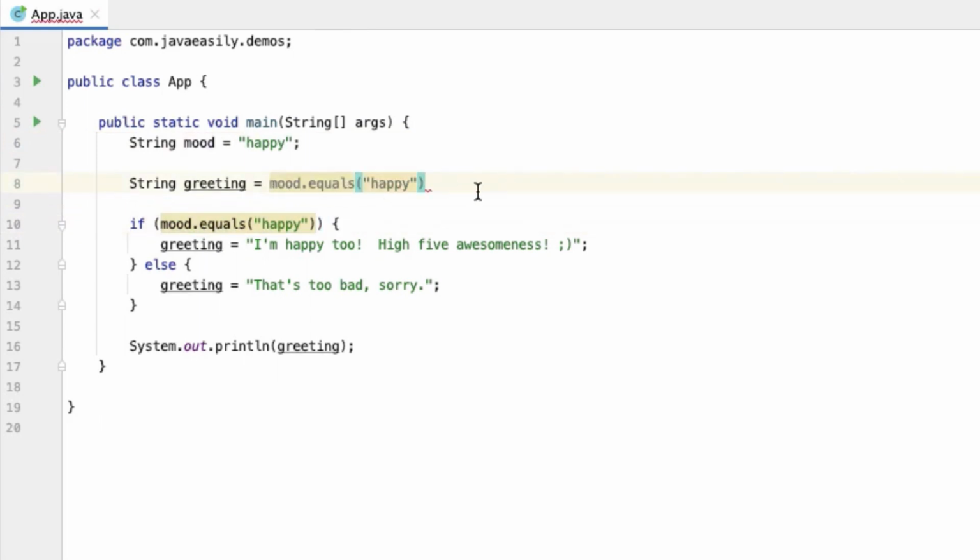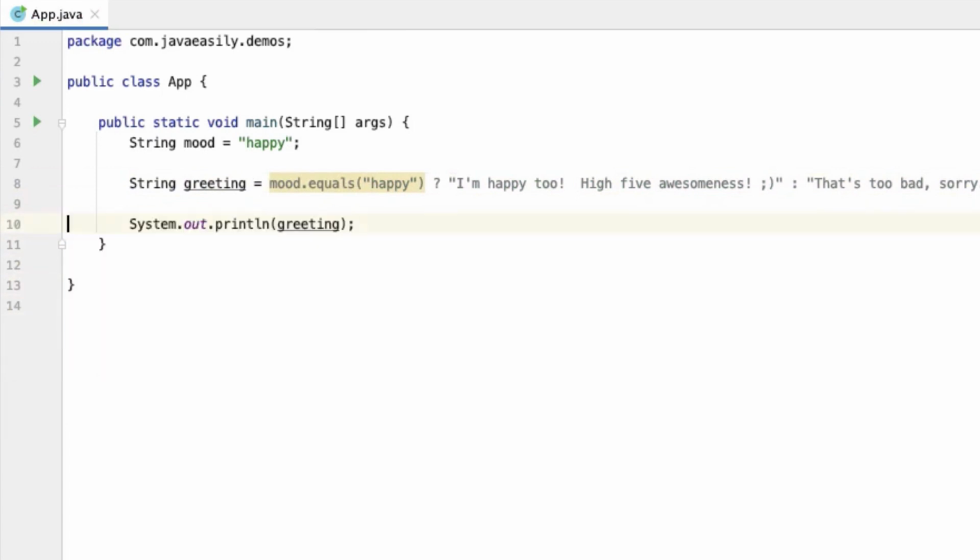So mood.equals happy. And then with the ternary operator, we use a question mark and a colon. The question mark is what you put after the expression you want to have evaluated, and what you put after the question mark is what you want to return for the evaluation of this ternary operator for the true case. So here, if mood equals happy, then I want to return this, which was the true case. It was the true case because mood needs to equal happy, and this needs to be true to do this. Otherwise, and this is where we put the colon in, the colon says do effectively what the else would be. So if this expression doesn't equal true, then we're going to return whatever's here. And so here, for example, we can put that's too bad, sorry, close it off with a semicolon,